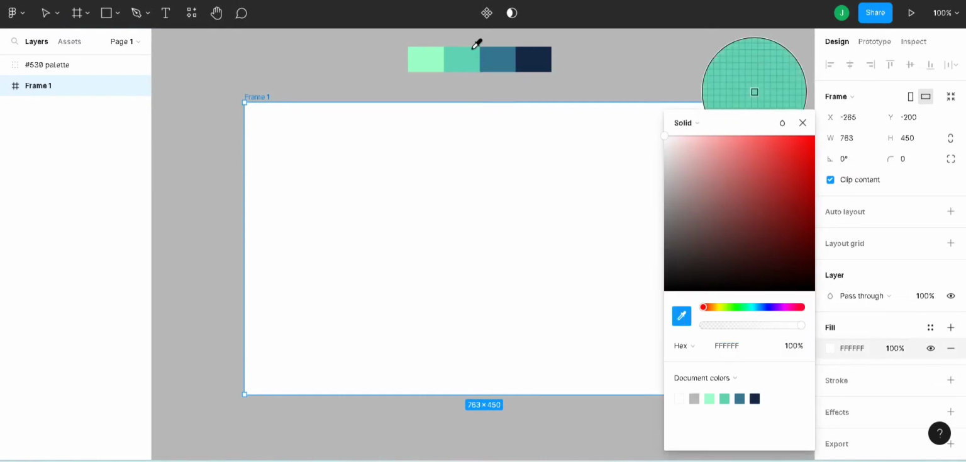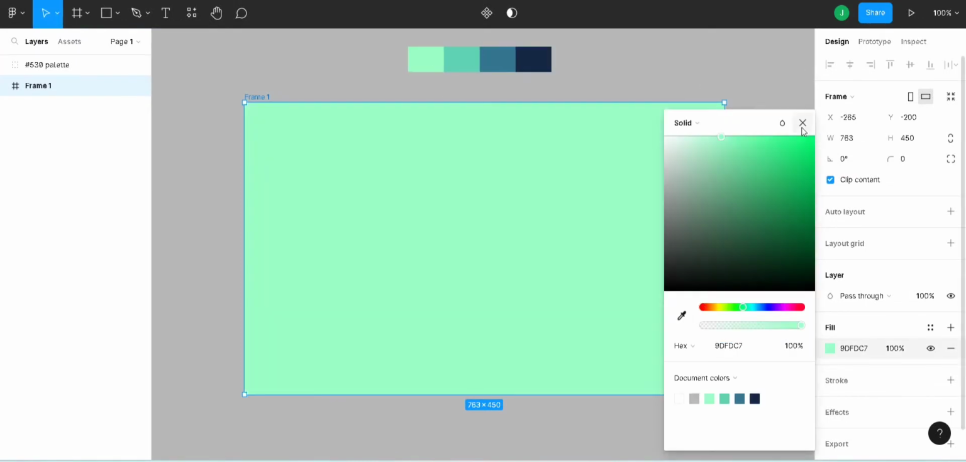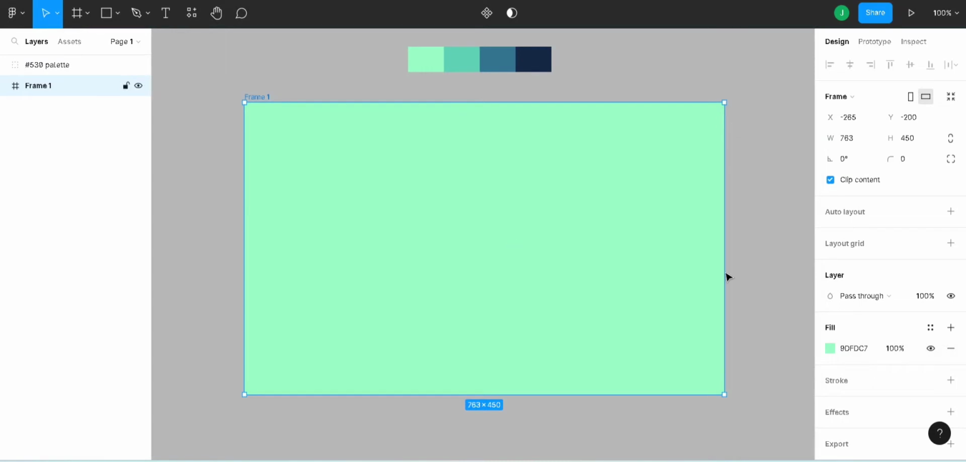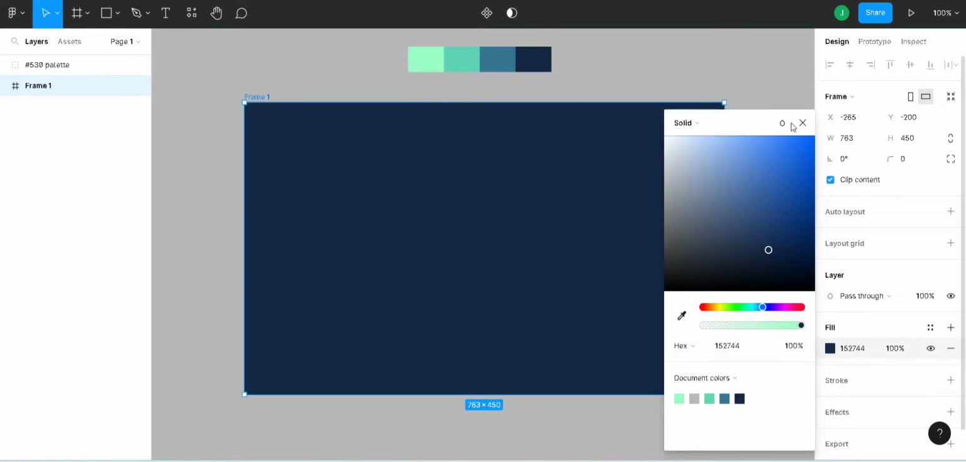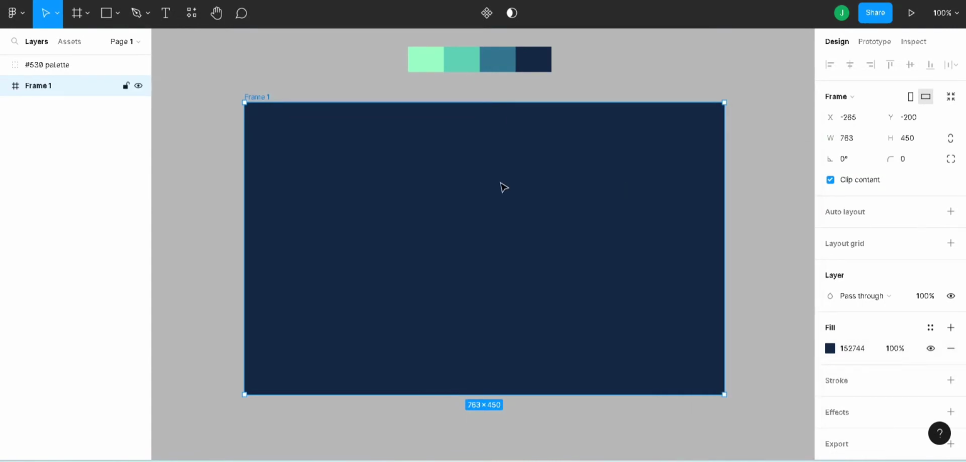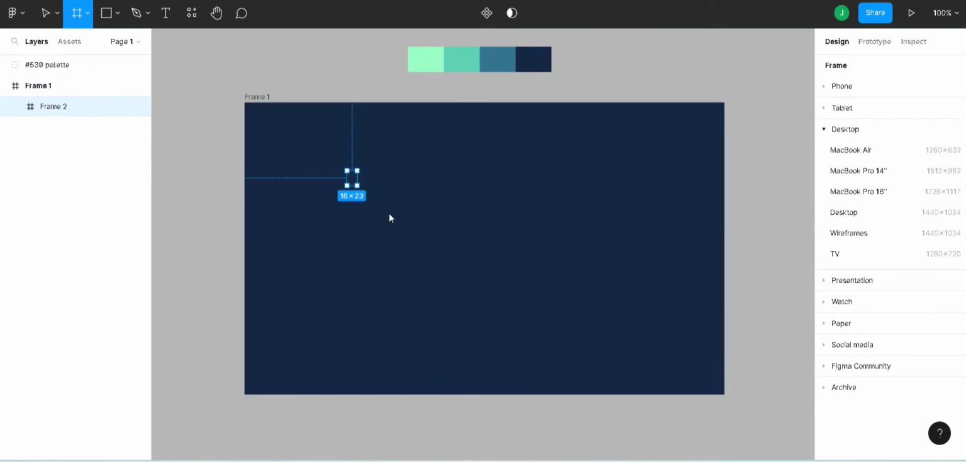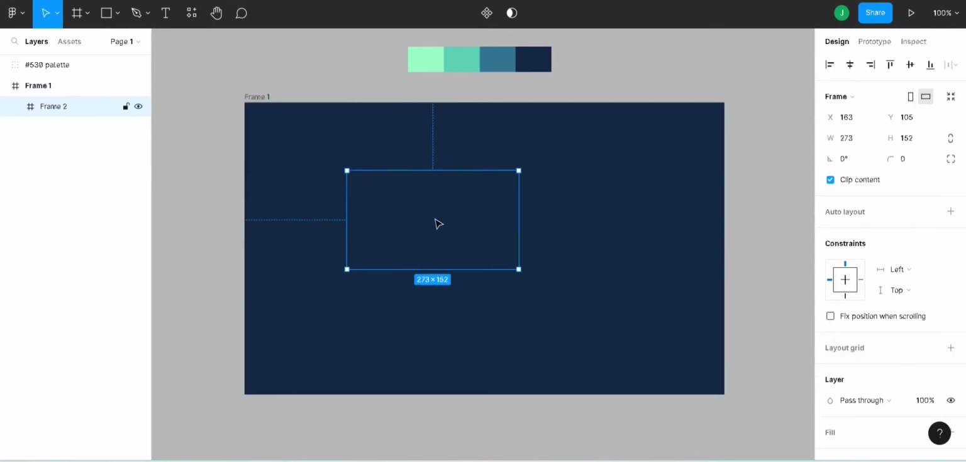I will use this color. Okay, perfect. I think we can go with some dark colors. Okay, now I'm going to create another frame inside this frame, and for this frame I'm going to give a